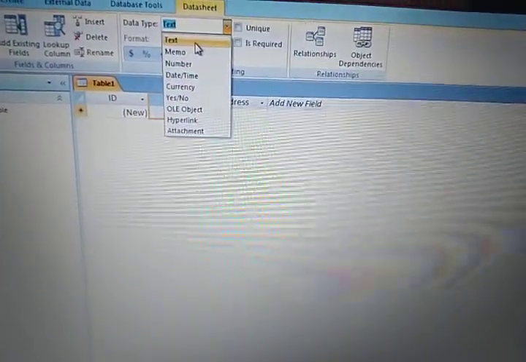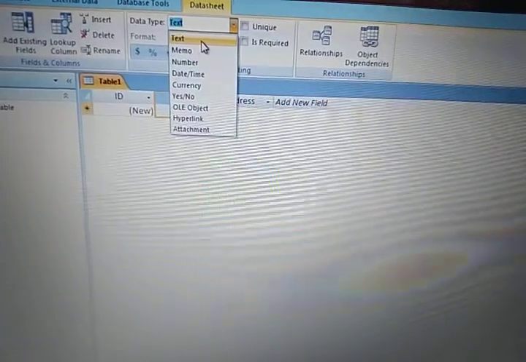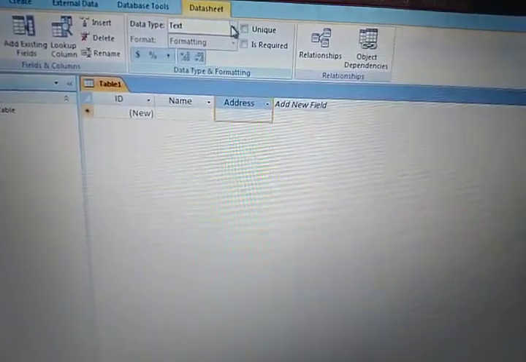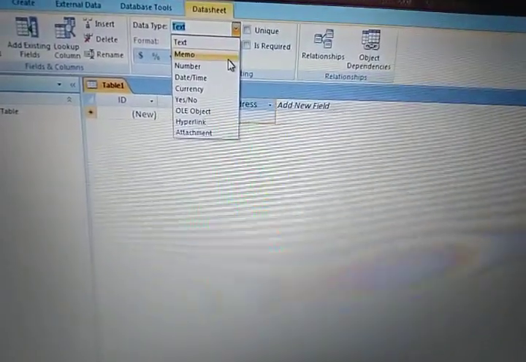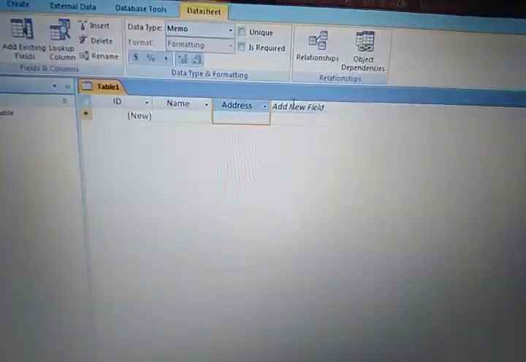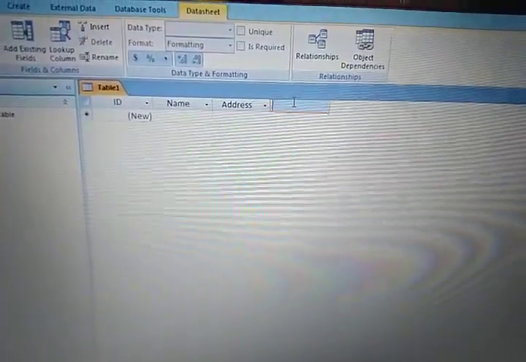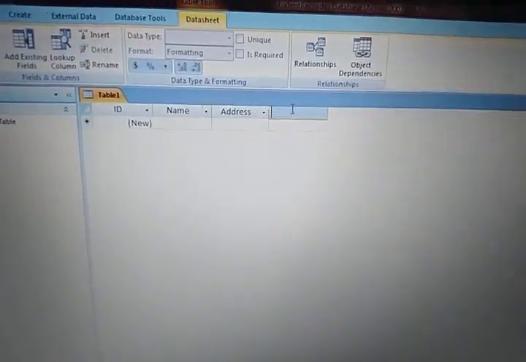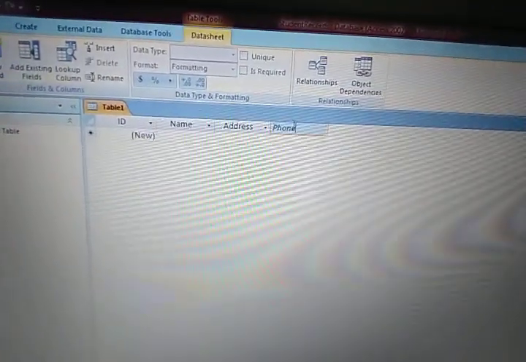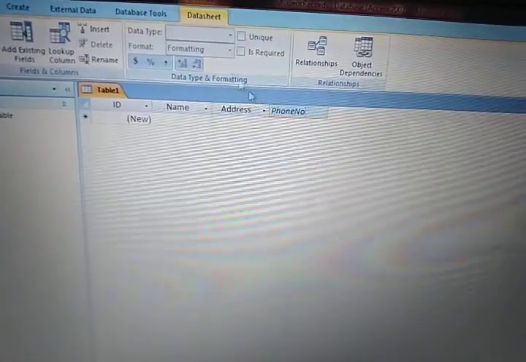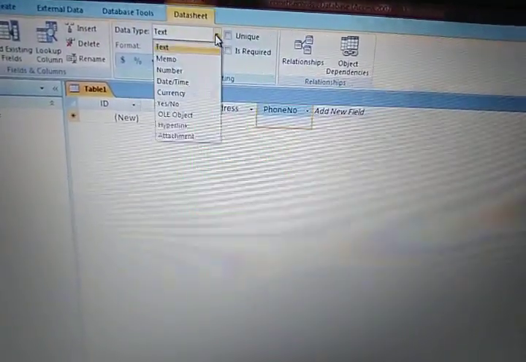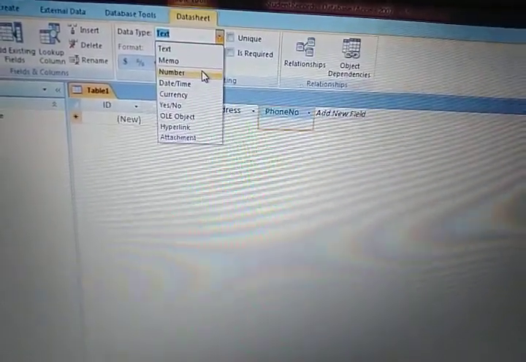So name is short text, so I will use text over here. Address can be the long one, so I can choose memo. Fine, from here. Clear, students? If you want to store some other thing like phone number over here, you can also write phone number, and for creating that phone number field, you can choose the number format. Fine,